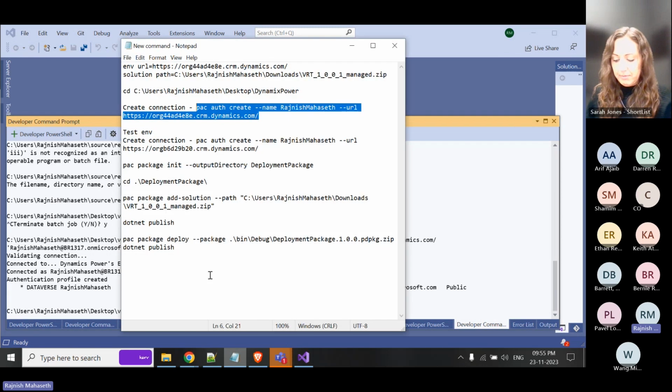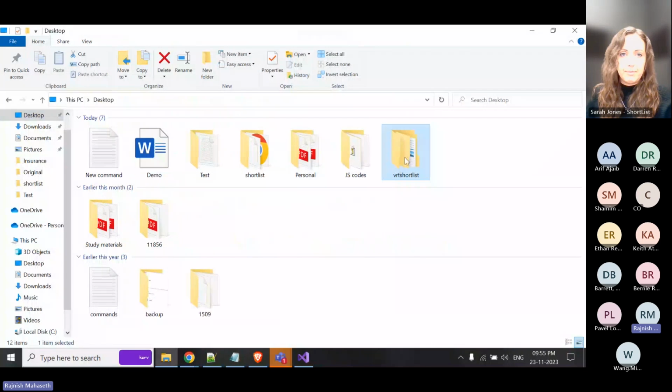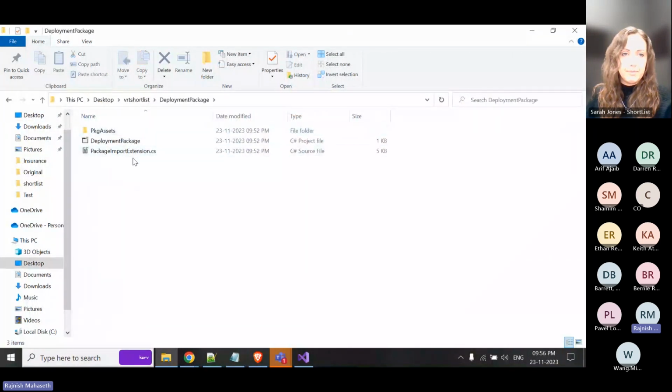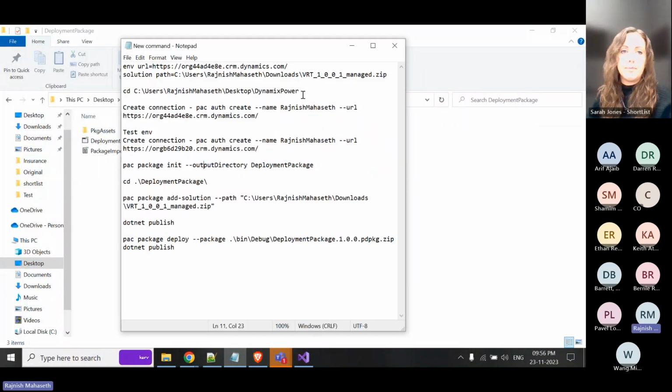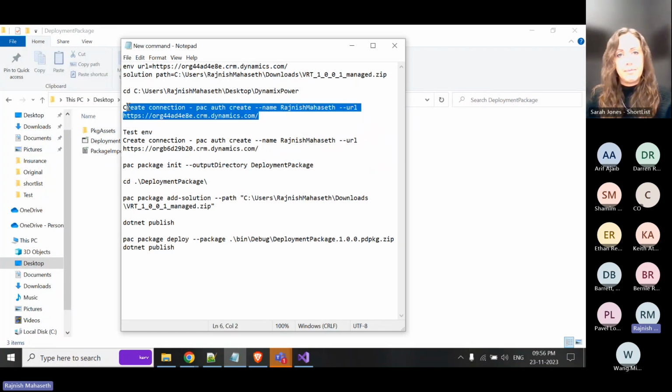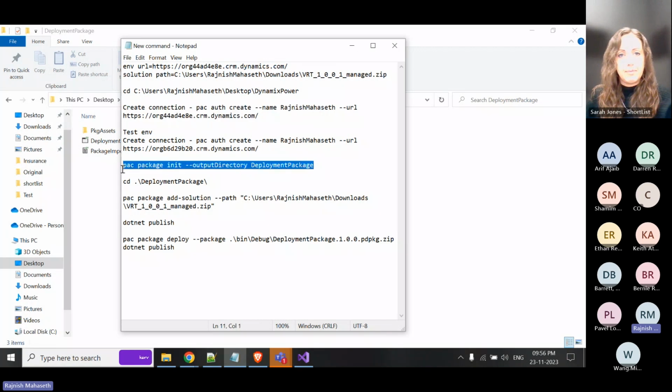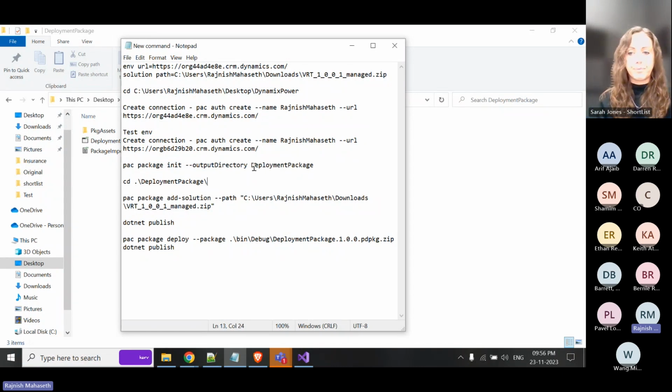Now let's create the deployment package inside the folder which we have created. Our folder is VRT sortlist. This one is already created in the previous step itself, so we can skip it. First, we created one folder, sortlist, and went inside that folder. We created the connection, and then we created one deployment package folder. Now, once you have created this deployment package, we are going to keep the solution which we downloaded